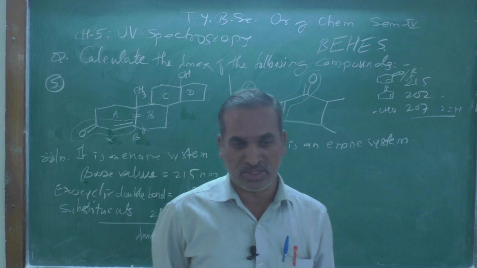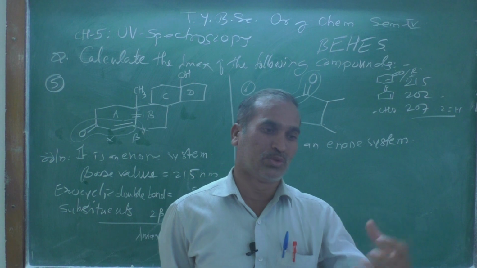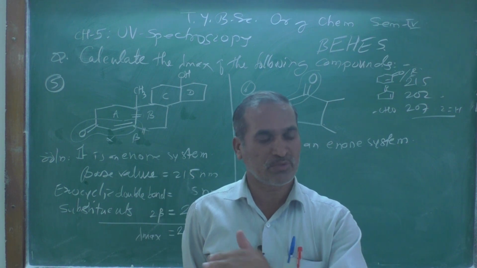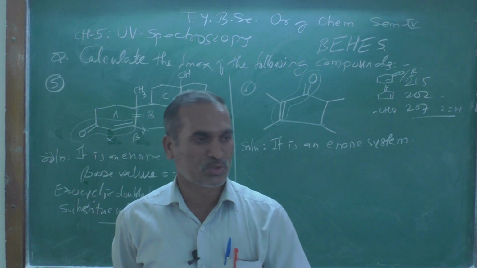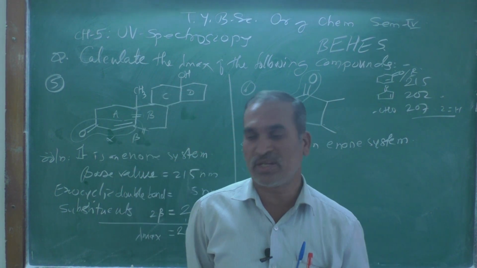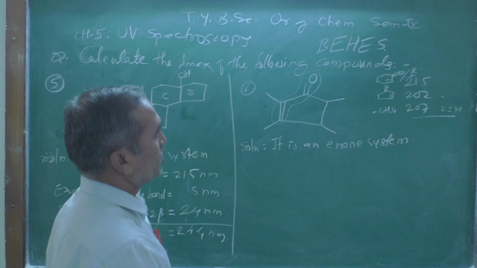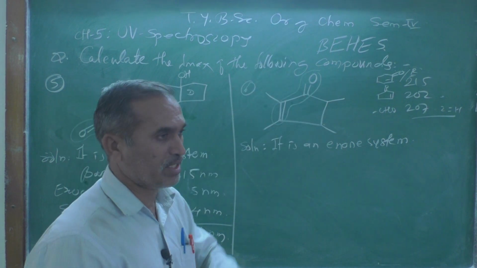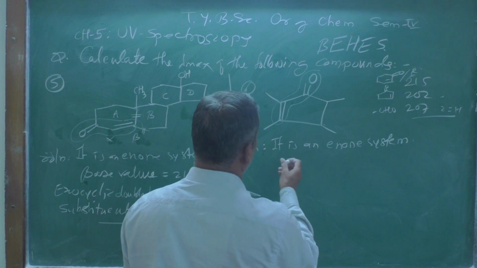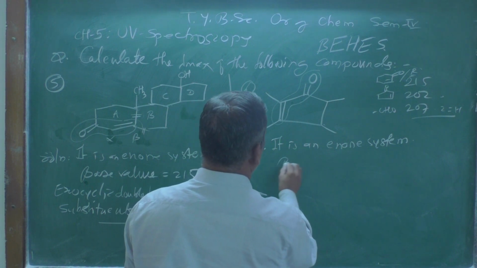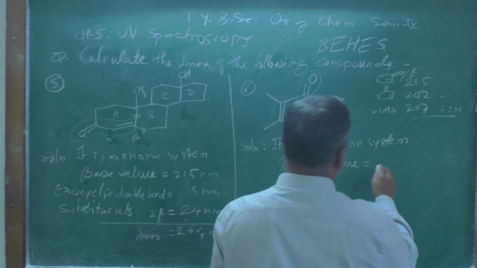Those students who write the base value as 202 will get whatever mark is allotted to that question, as full marks. And those students who write the base value as 215 will get 0 marks, because they are totally not aware that there are three different base values for enone system. Let us see over here the base value for this is 202